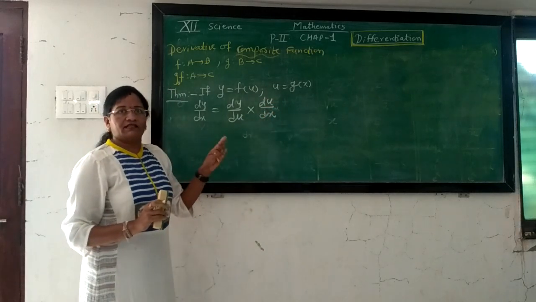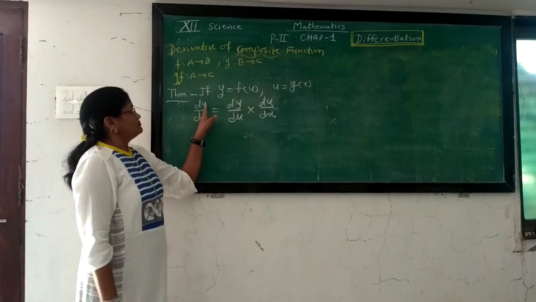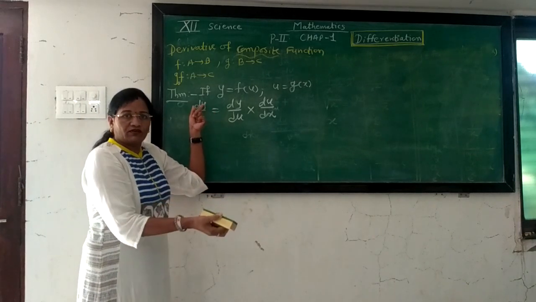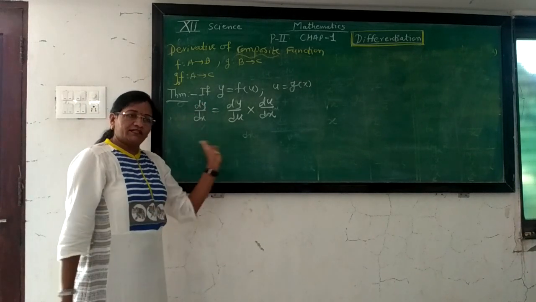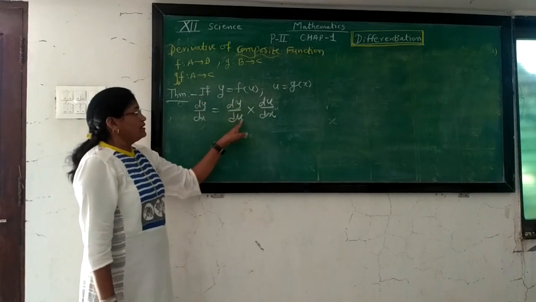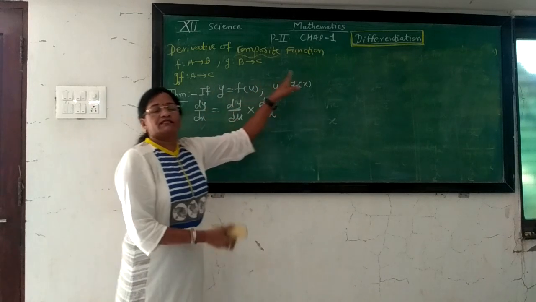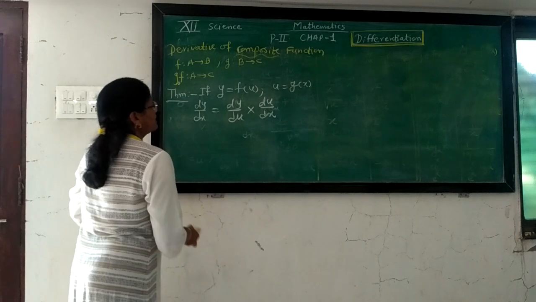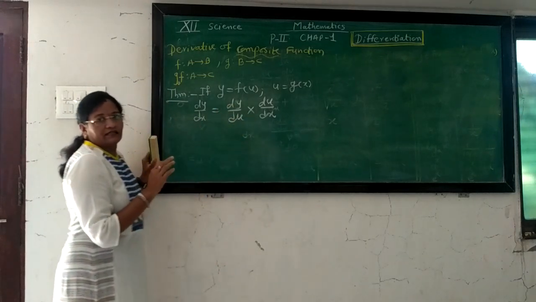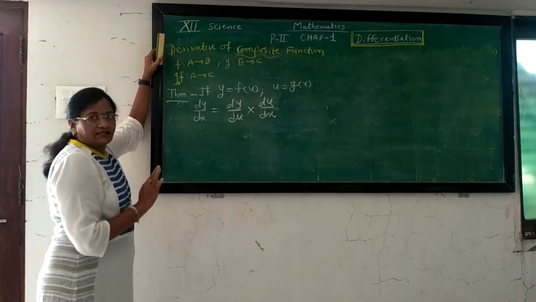Again we take the chain: dy by dx is the product where y is a function of u, u is a function of x, x is a function of p, p is a function of t. Proceeding in this way, the chain continues. Therefore the repeated function is only u, because y is expressed in terms of u, and again u is expressed in terms of x, and therefore we can define this as dy by dx is equal to dy by du into du by dx. The proof is given in our textbook. So from this we may take the statement.